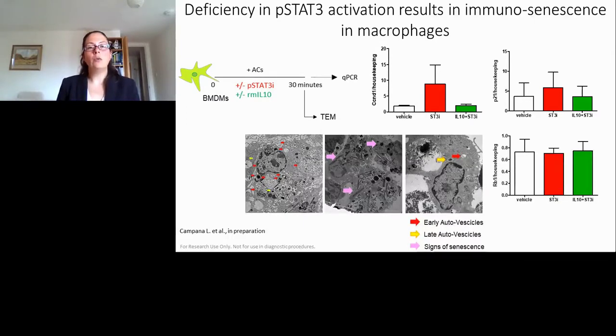And indeed, when we analyzed the RNA of these macrophages, CCND1, which is another senescence-related gene, was upregulated in the phospho-STAT3 inhibitor-treated macrophages. The addition of IL-10 as a means to exogenously stimulate STAT3 phosphorylation reverted the increased expression of CCND1. We also observed a trend for P21, another senescence-related gene, but we didn't see any up or down regulation of RB1, which is typically an apoptosis-related gene. So this really convinced us that in the absence of correct STAT3 phosphorylation upon cargo digestion, macrophages